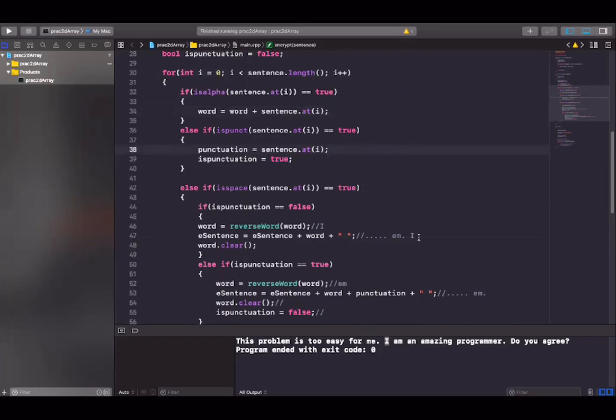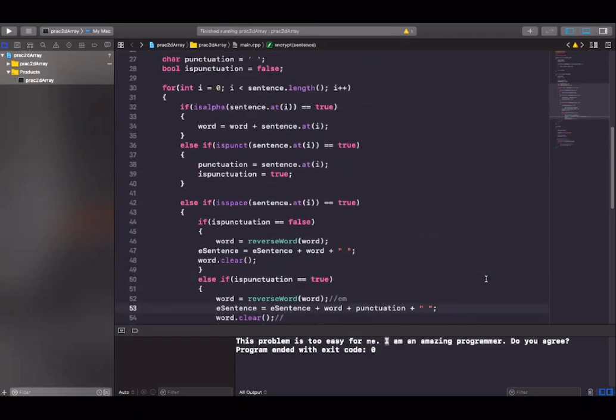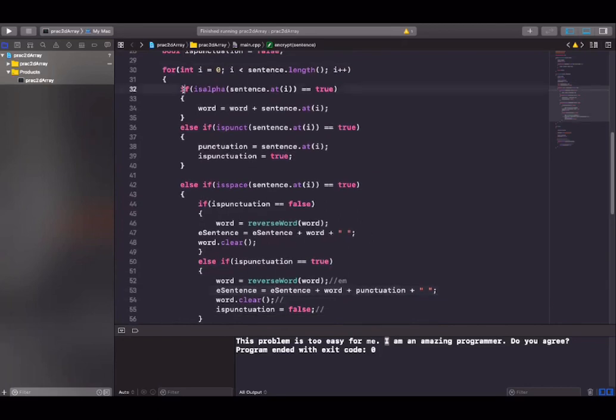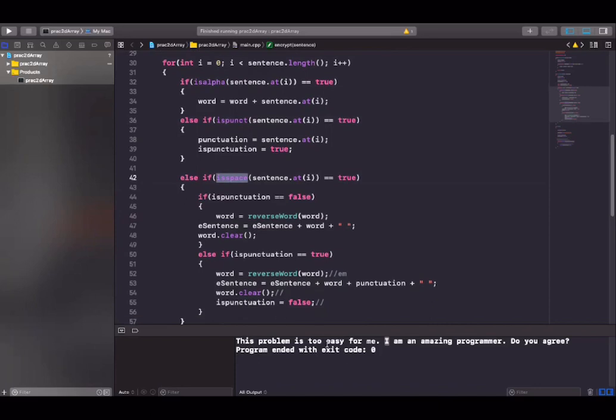So far that's covered, right? That makes sense. Is there anything else that we need to do? I'm thinking no. Oh yes. Okay. So we've made an if statement for alphabets, we've made one for punctuations, and we've made one for spaces. So does that cover every single thing we see here? Yes, it does. But in case it didn't,